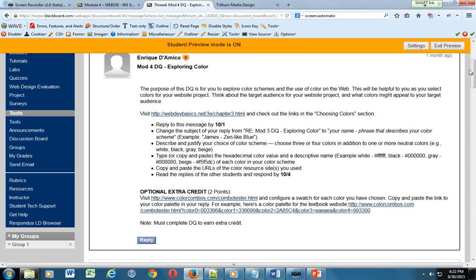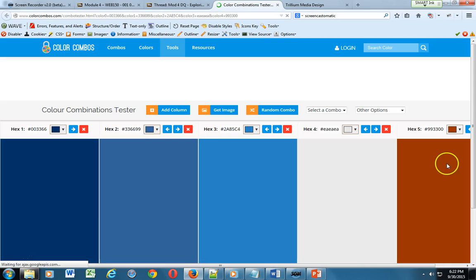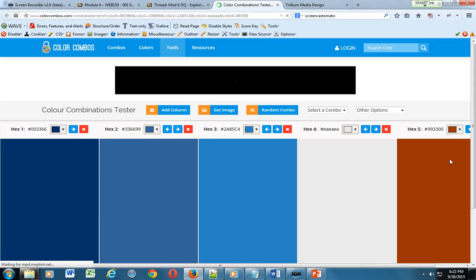All right. Well, we're lucky. This DEQ has some extra credit. Okay? 2 points for extra credit to take those colors you decided on, right? The 4 minimum colors, 3 main and 1 neutral, and create essentially a color scheme, right? Via a website. So here is the example of one set of colors that a student has created in this tool, right? The website's called